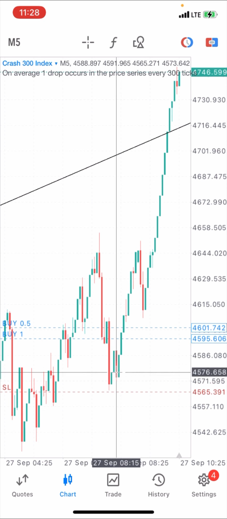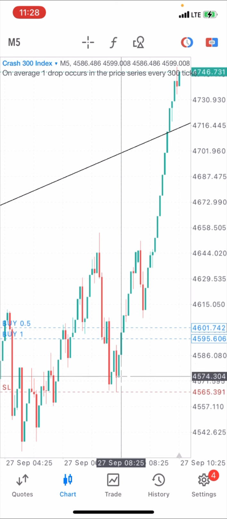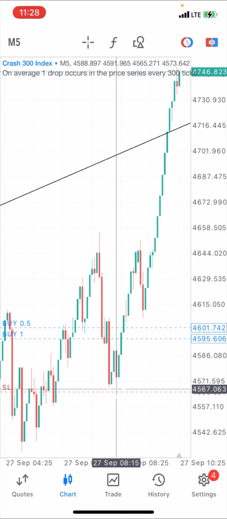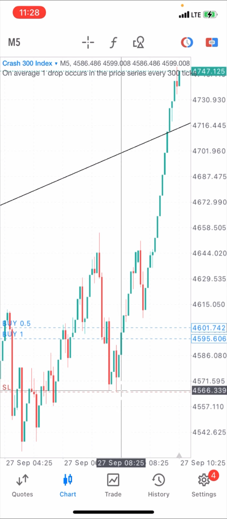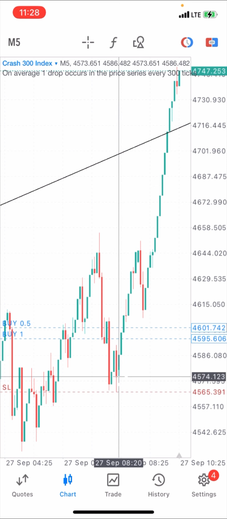That means sellers are trying so hard to pull price down, but buyers have dominated the market. They have more momentum, they have more energy, they have more force. All right, so they ended up rejecting sellers' effort, and then they push price above the support area. Okay, and then if you see a rejection like that, if you see long rejections like that,